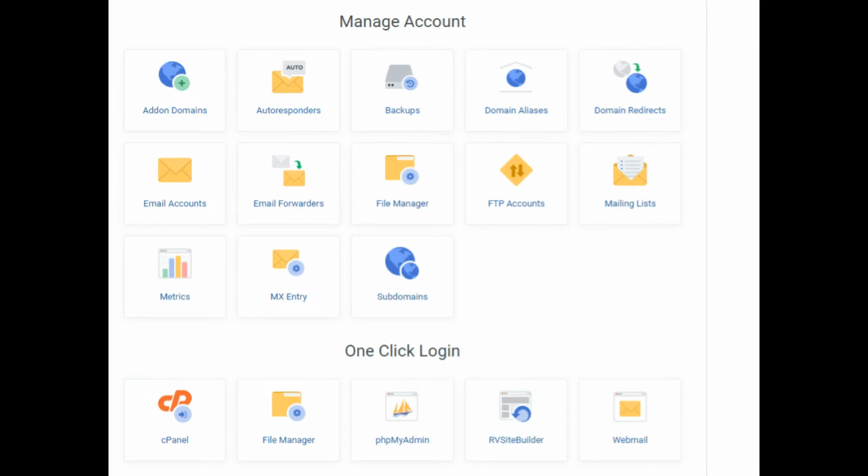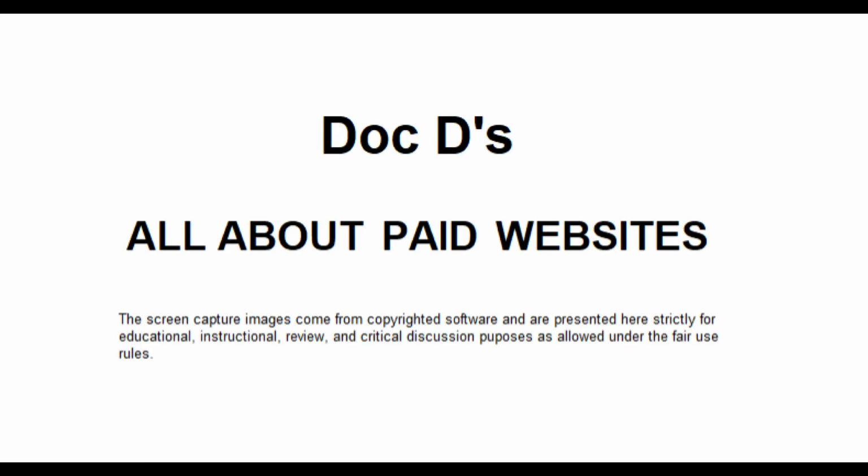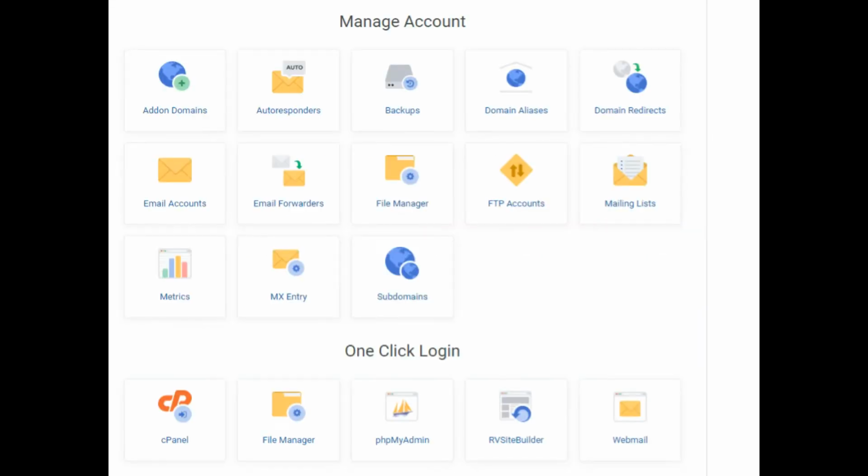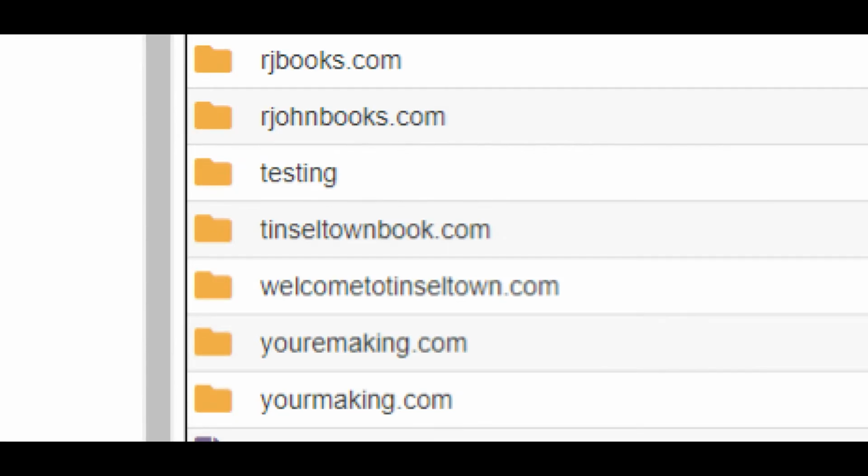It does have a drag and drop site builder. These are areas that you don't always get with a free site. Add-on domains, backups, aliases, redirects. I can have several names for a site. I do a cooking site called Your Making. The main one is YOUR Making. I also have the publisher book,